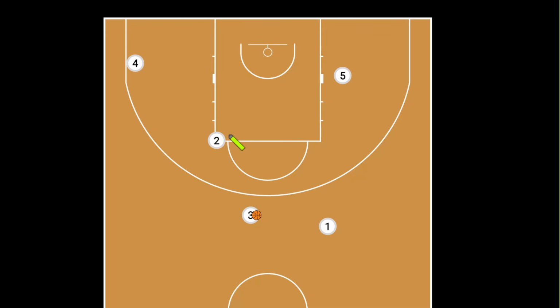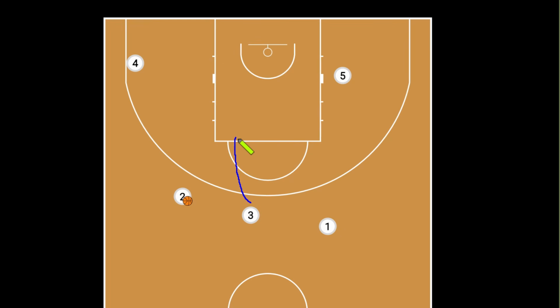Now, we have number 2 here at the elbow, kind of lined up as if this were to be a little bit of a horn set. So number 2 is just going to pop out wide to the 3-point line, and number 3 is just going to dish the ball over to number 2. Now, as that happens, number 3 is going to cut through the middle of the key and look for the basketball from number 2,